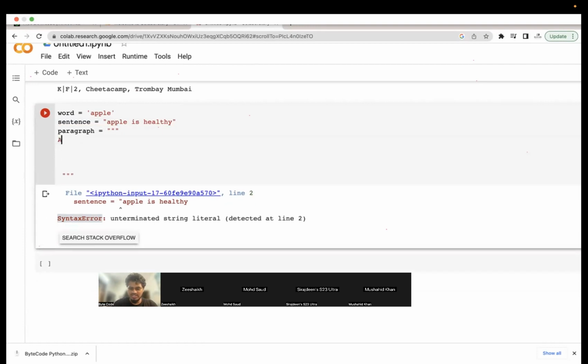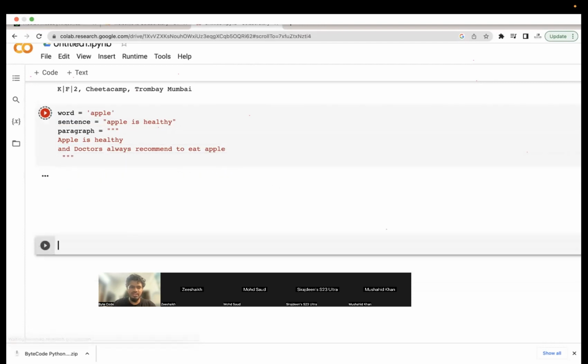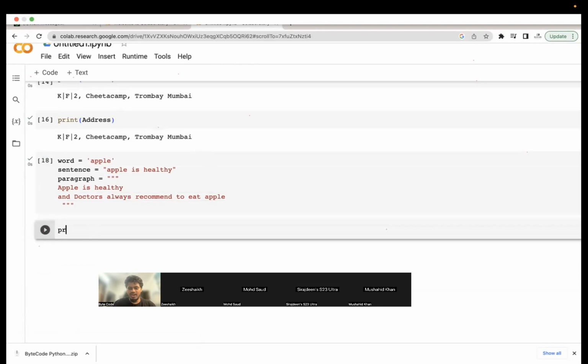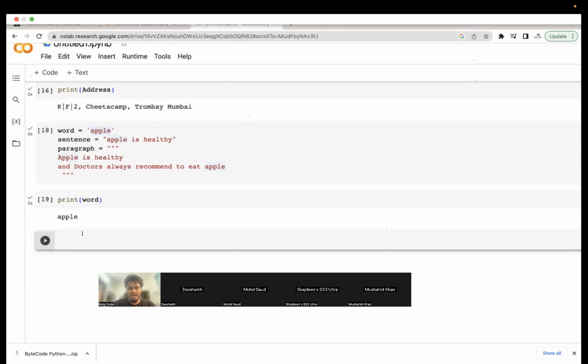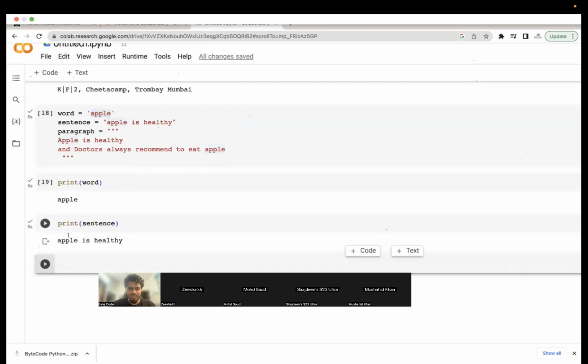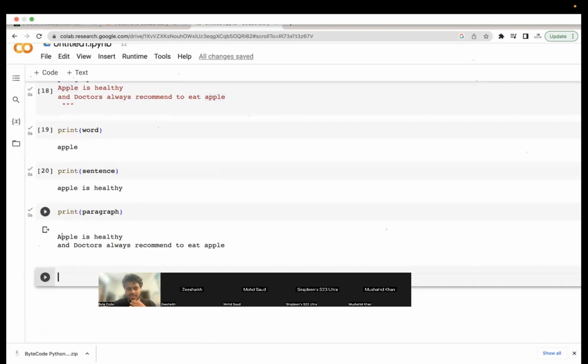For example, if I write: apple is healthy and doctors always recommend to eat apple. Although it's not true, I'm just giving an example. If I do this, then it will run. Now if I print word, it will give me apple. If I print sentence, it will give me apple is healthy. If I print paragraph, it will give me the two lines.